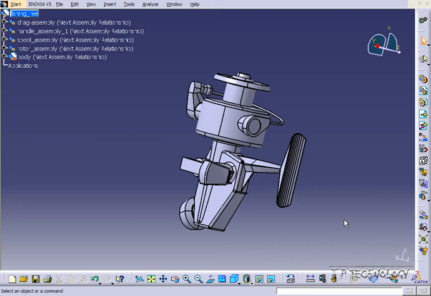This is tutorial number 4, and it covers the mouse buttons within CATIA V5. To start off, open up the fishing reel step file, which is located on the DVD. So what I'm going to do in this tutorial is just show you the hot buttons for the mouse. So to start off, I'm going to open up a